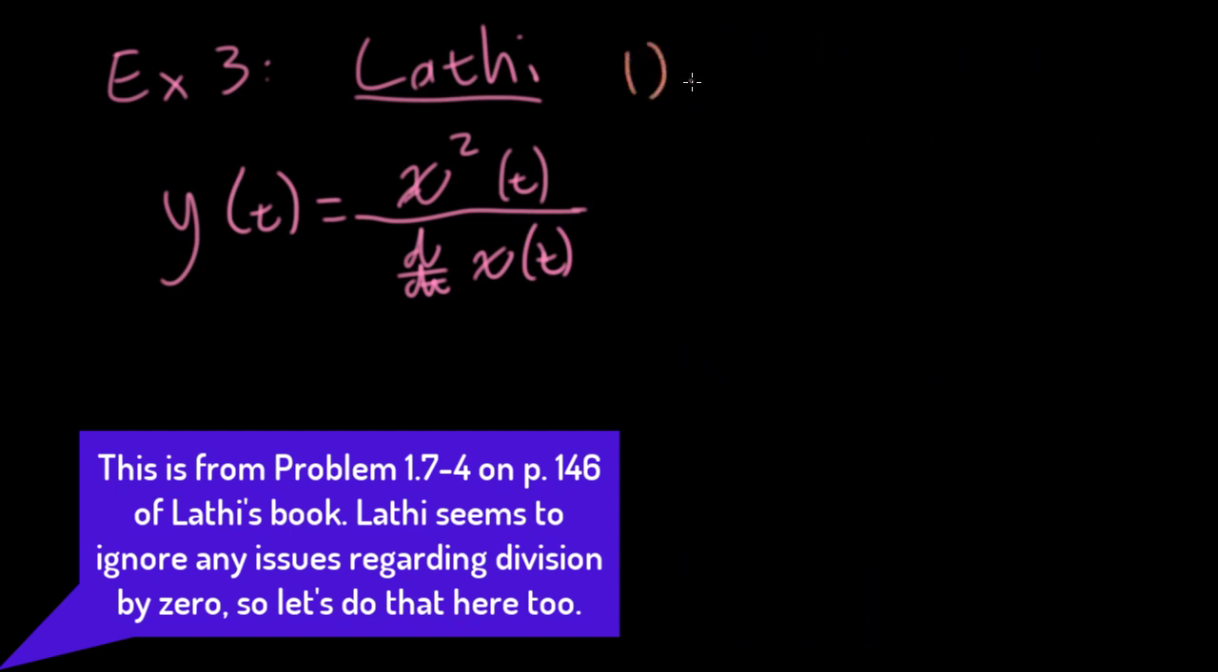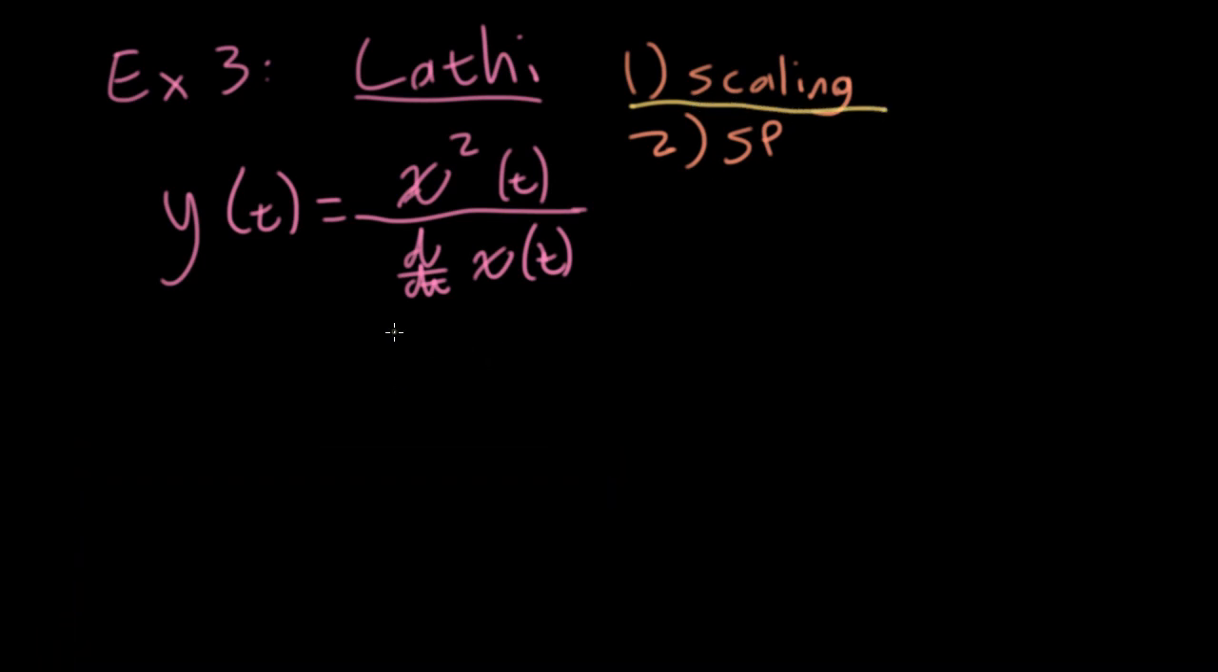We have two things we need to check. We've got the scaling property, and we have the superposition property. So let's check the scaling property first. Suppose I multiply x by a first. All right, so if I did that and I square it,